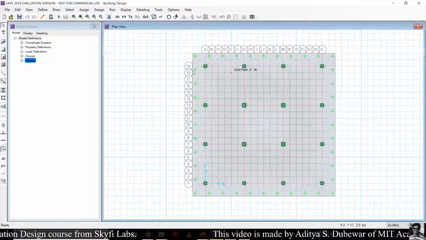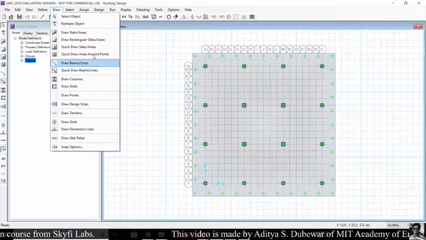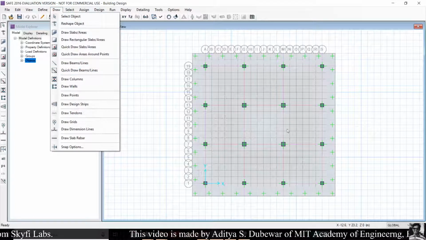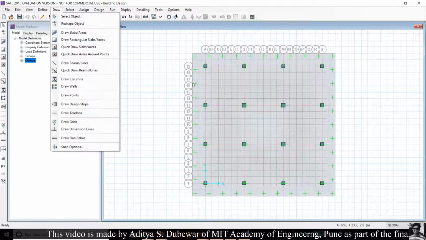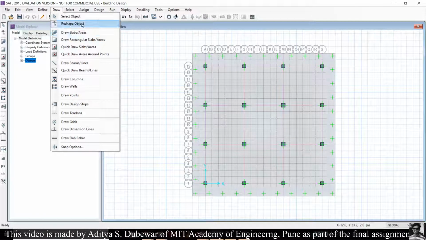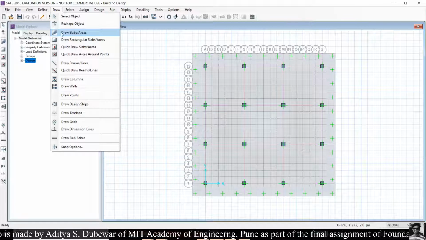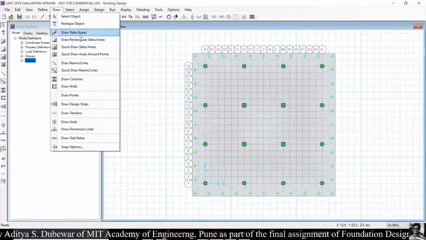Then the second step is draw. In that we have to draw the actual footing. As I have already drawn the footing, please ignore this. I will explain how to draw. The first step is to draw the slab. Then after this command,